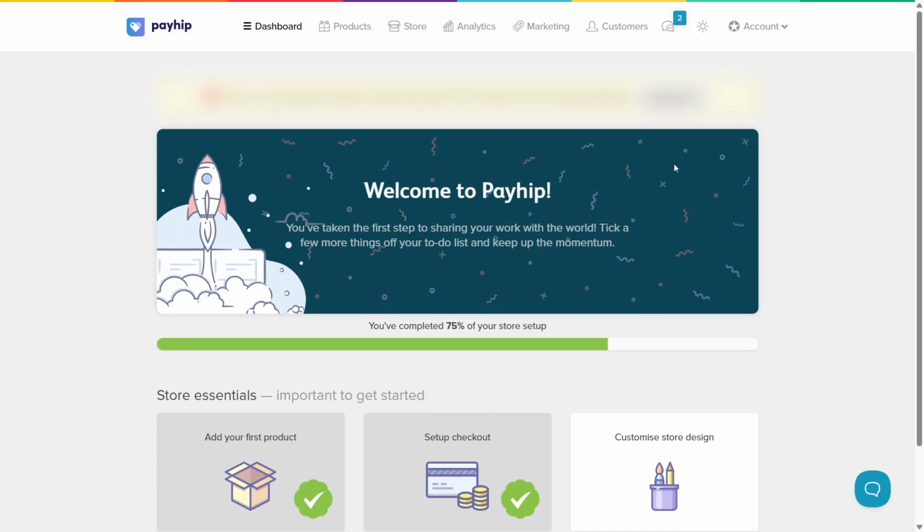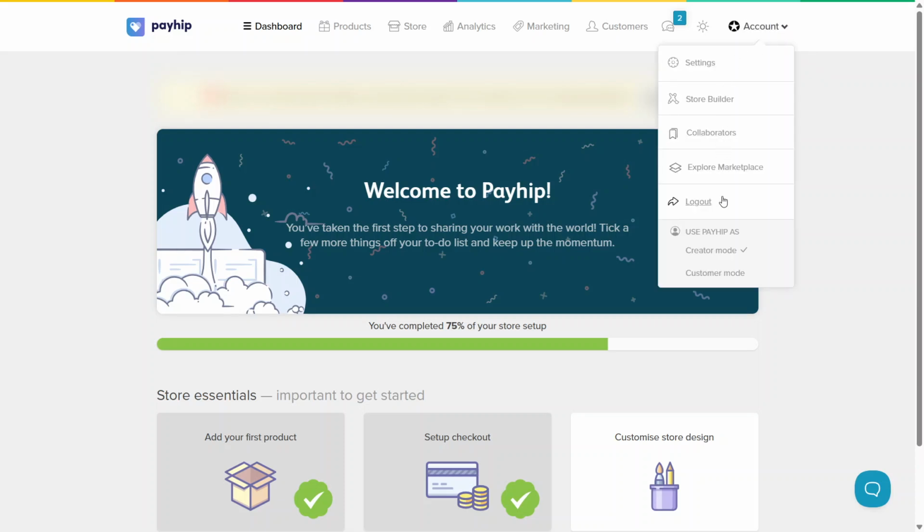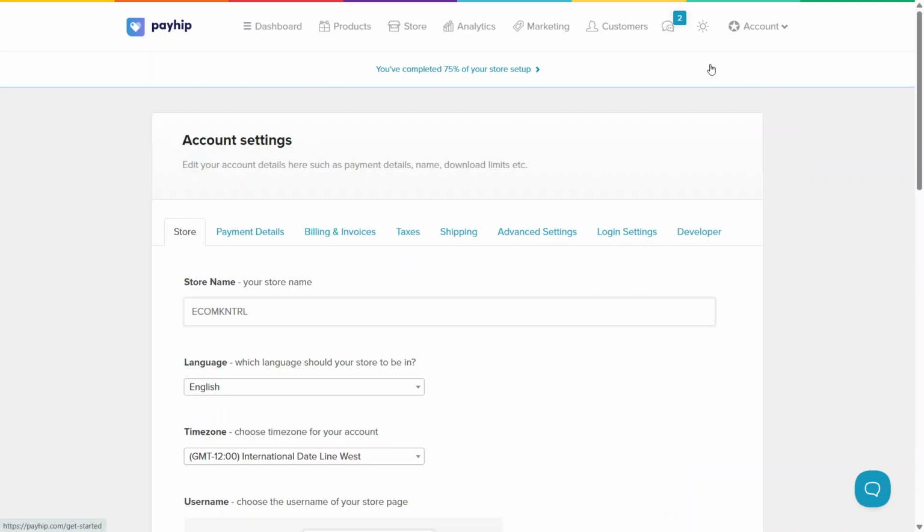Once you're inside your dashboard, look towards the top right-hand corner of the page. You'll see an option labeled Account. Click on that and a small drop-down menu will appear. From this menu, choose Settings. When you click Settings, Payhip will open your account settings page. By default, you should land on the Store Settings section, which is exactly where we need to be to update